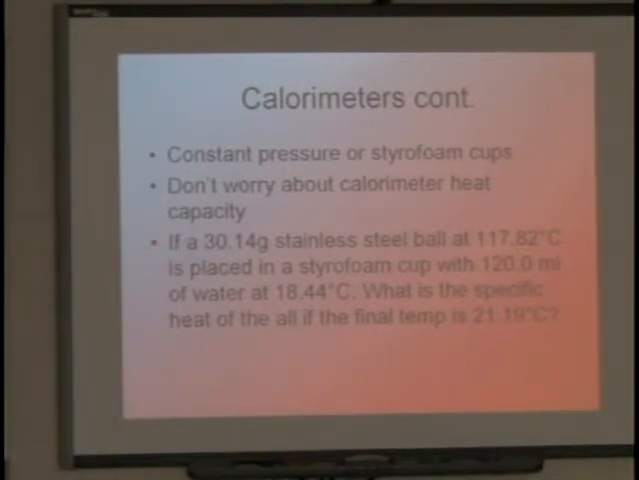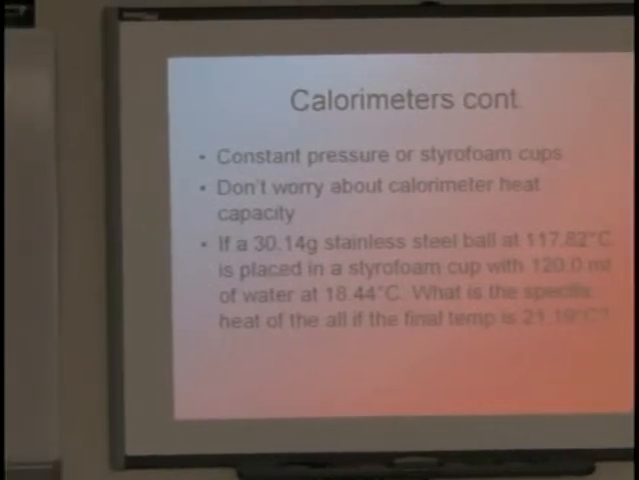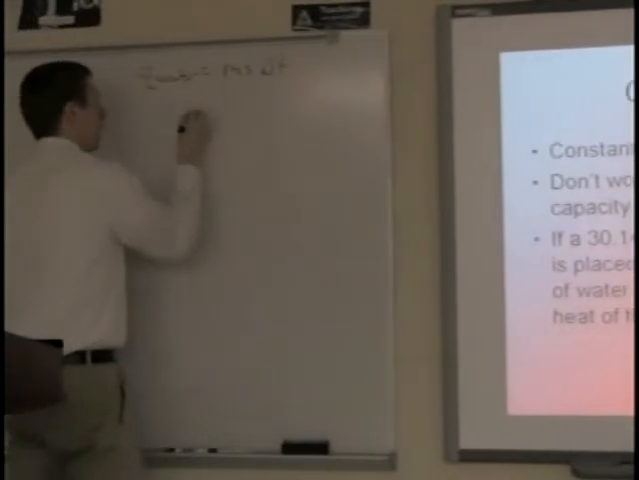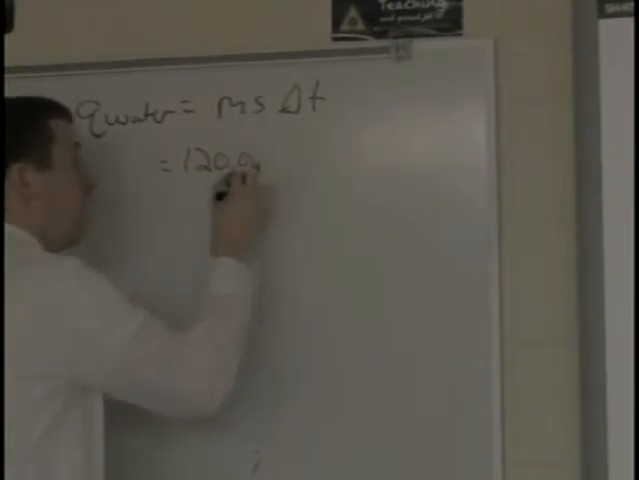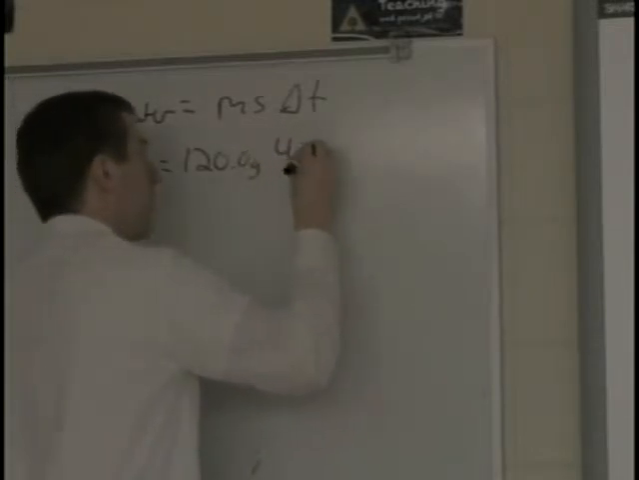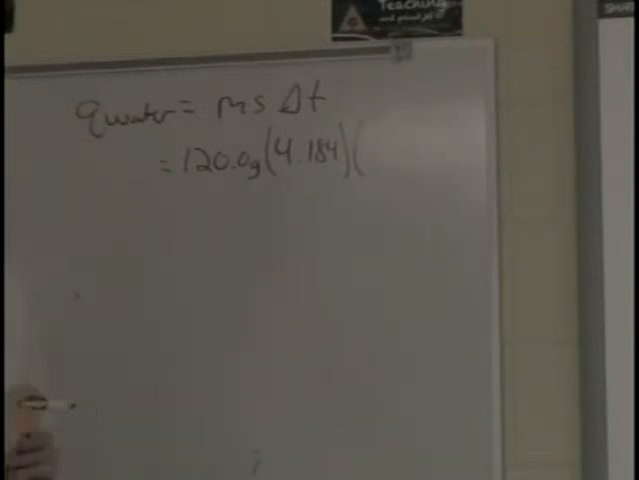So what I'm going to start off doing is solving for the Q of the water, which is going to be ms delta T. The mass of the water is going to be 120, because once again, water has a density of 1, so its milliliters are the same as its mass. The S value of water is 4.184. And finally, the temperature that the water had changed is going to end up being